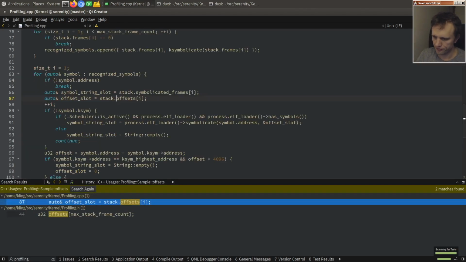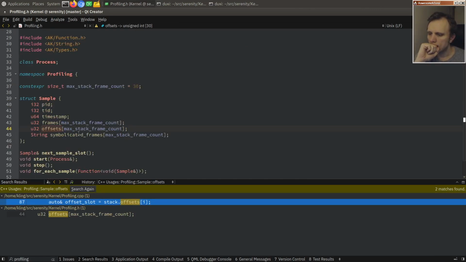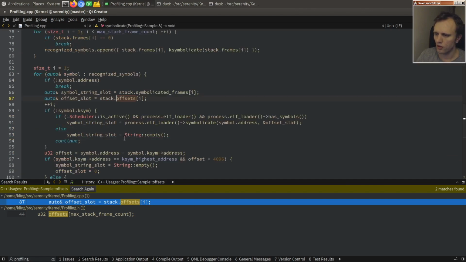I don't remember. Offset slot. Oh yeah, that's how we store the offset for symbolication. Man, the profiling is not very efficient because we even symbolicate all this. We figure out what the name of each function is in the kernel, and this is convenient, but it ends up using up so much kernel memory when we could symbolicate in user space instead. Anyways,